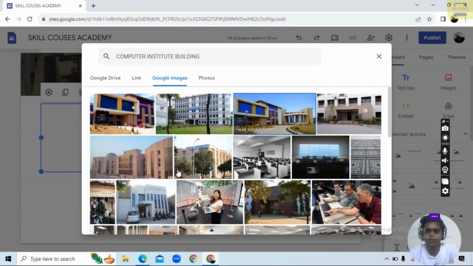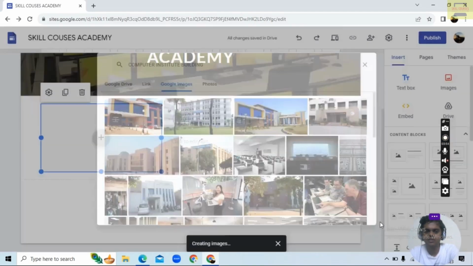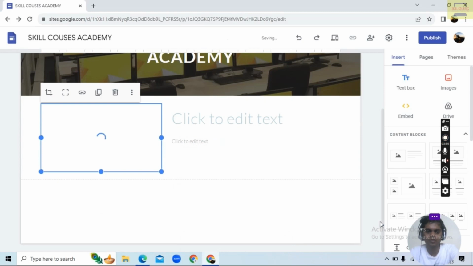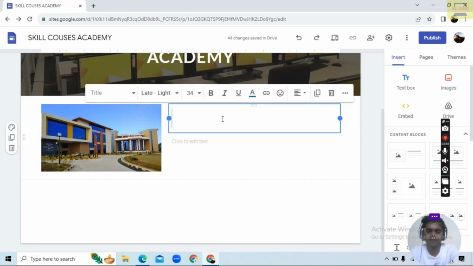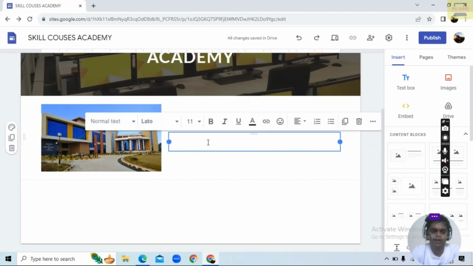I will put this banner and insert it. I will type about us. Then next I will click here, skill courses academy